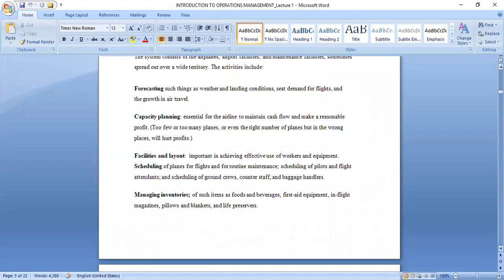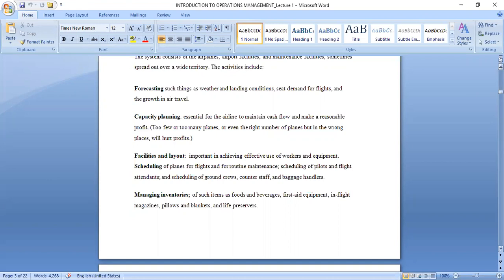Then we have another function, which is the facilities and layout. So with the facilities, basically we are looking at the physical appearance, the structures. For example, the premises, and we are looking at how they are going to be arranged? For example, if it is